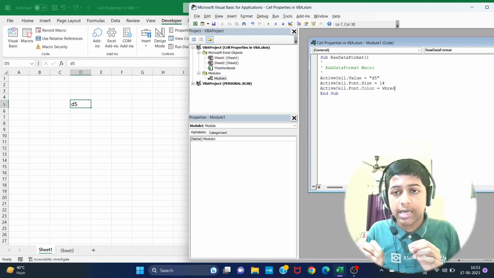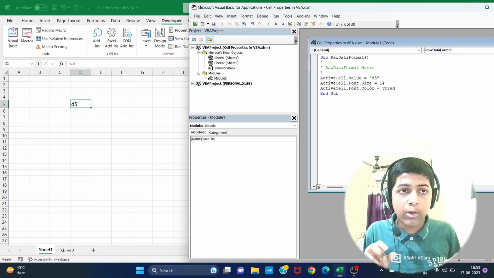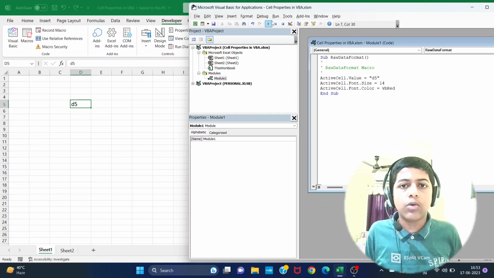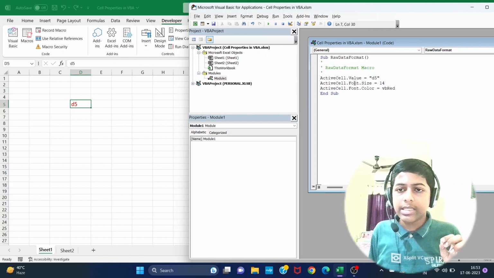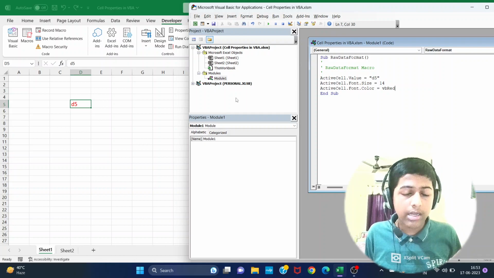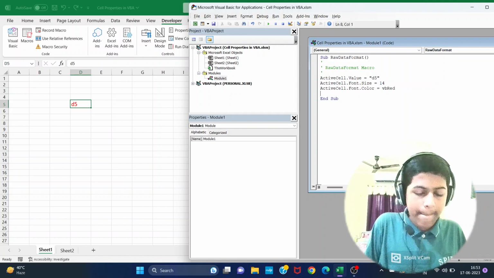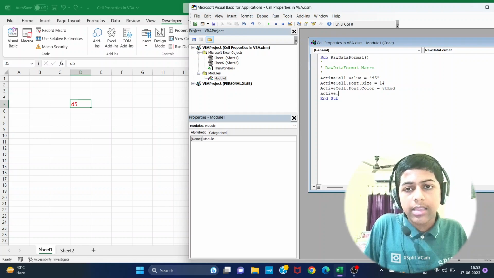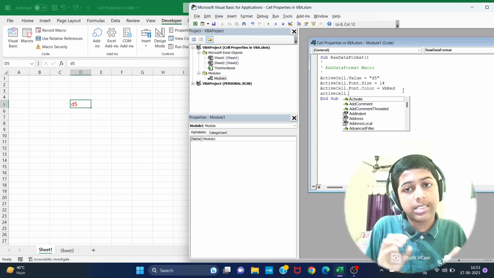It's simply vbRed, a variable already present in the VBA code editor. So if I save this code and click on the run button, you will see it applies the value of D5, changes the font size, and then changes the color of the text. Now we can even apply something like, suppose you want to change the font style,